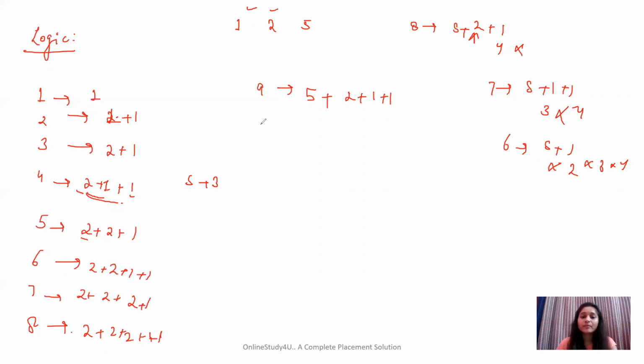Similarly, if I go for 10, then I can include the 5 plus the pattern of 5. Now, if I see for 15, I can have the pattern as 5 plus 5 plus the pattern of 5, that is 2 plus 2 plus 1. Why have I added two 5s? Because with these two 5s, 5 plus 5 is 10. Then all the other numbers 11, 12, 13, 14, 15 can be made out of this pattern. And also if I exclude one 5, then with 5 I'll be able to make 5, 6, 7, 8, and with the help of this I would be able to make from 1 to 5. That is why I included two 5s.